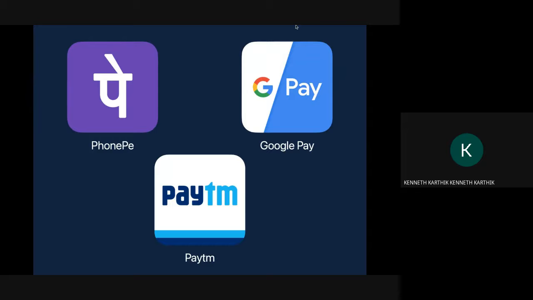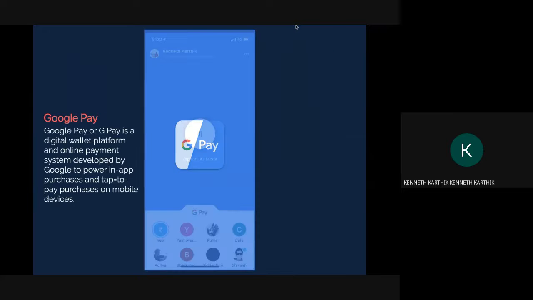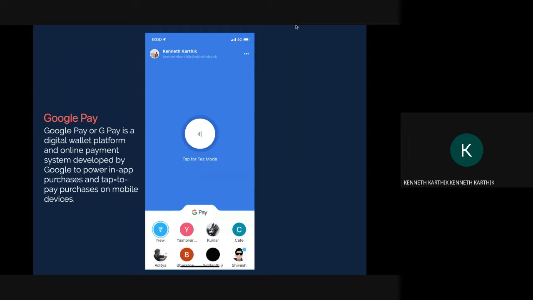So what I saw next was I had a look at Google Pay, and this was the older app. For some reason, there was already a refresh at the time, but I didn't receive that update, I think because of my phone's aspect ratio. But this is how it used to look, and it had this Tez mode to do wireless transfers of cash without actually sharing your information. And basically, it was Google's attempt at implementing UPI. So it was pretty popular at the time also, with multiple features.